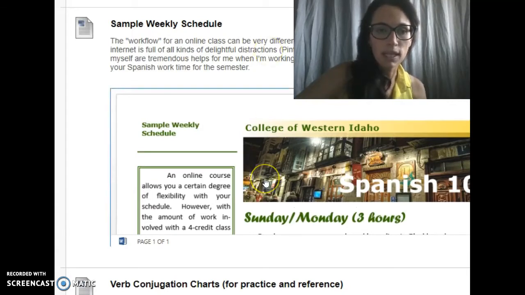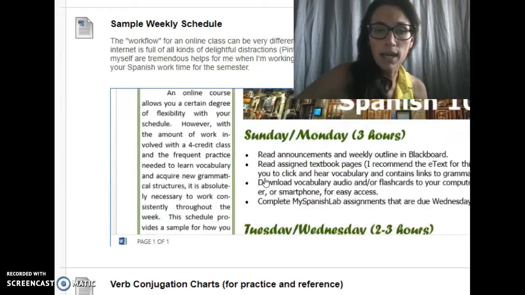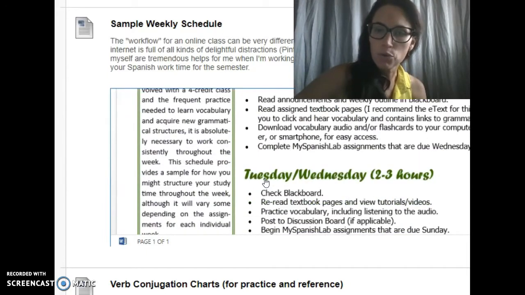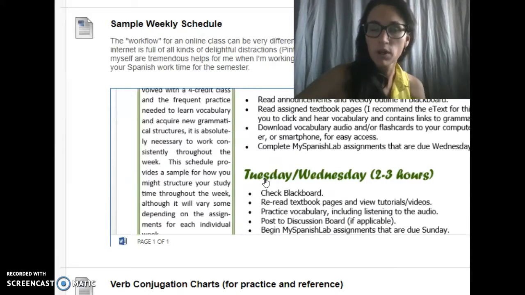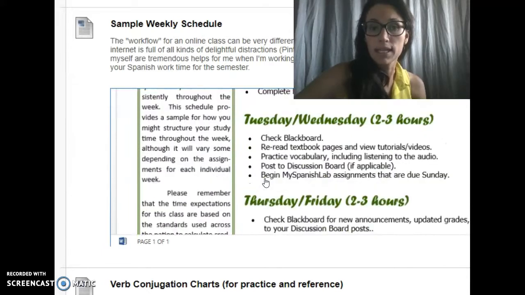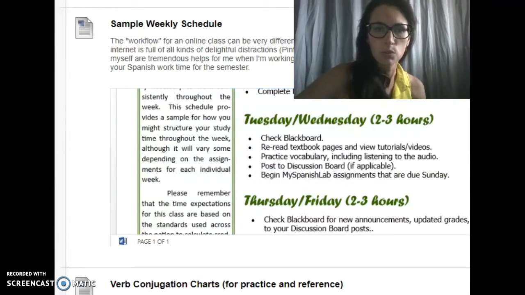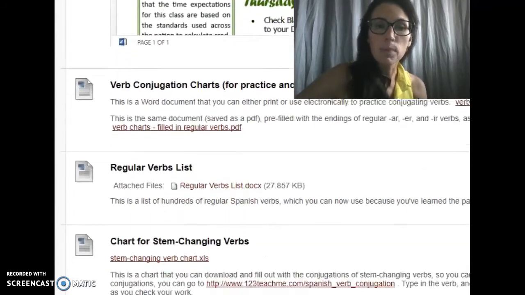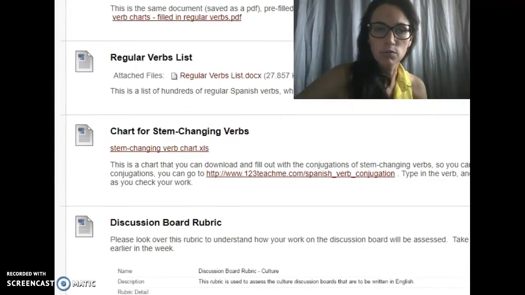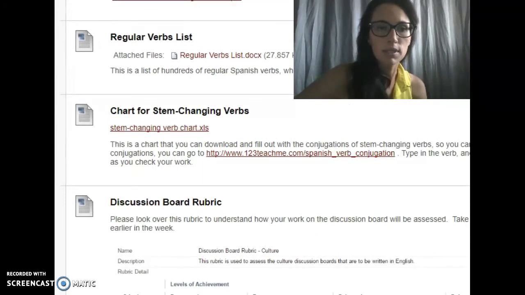The first is a sample weekly schedule if you've been feeling overwhelmed with how to, not just how to get through the material, but how to grasp all of the content that's being thrown at you. The way I've designed this is to help you recycle back to the material multiple times throughout the week so that you have a better chance of learning it and retaining it after that week is over, so that you still remember it when it comes to time for the test. So that's the goal with that sample weekly schedule, is to break up the work and also give you the chance to revisit the concepts throughout the week at various times.